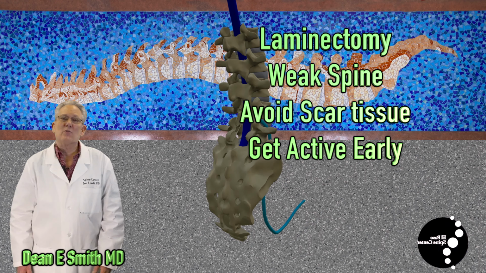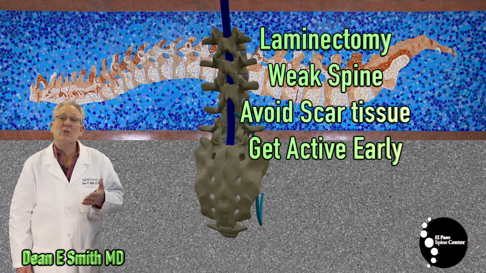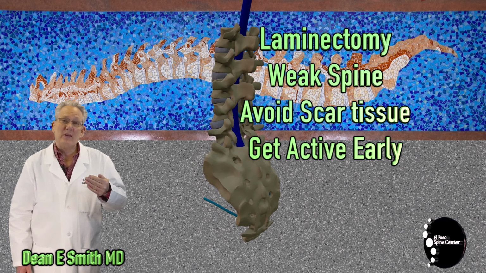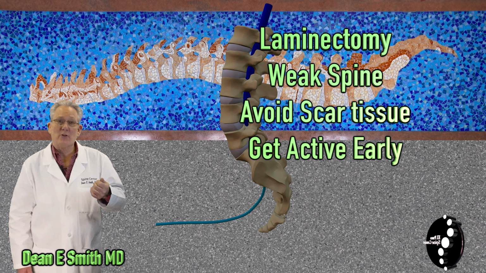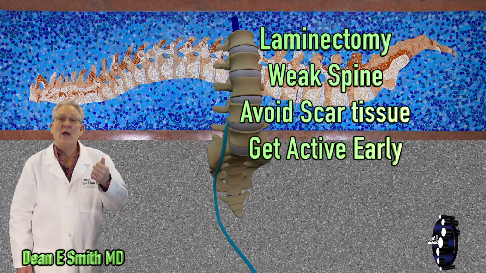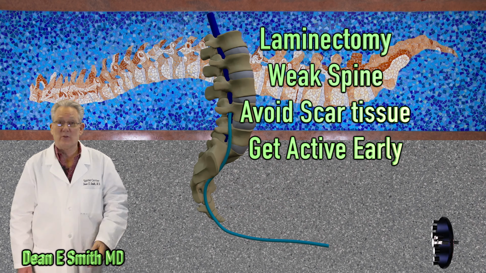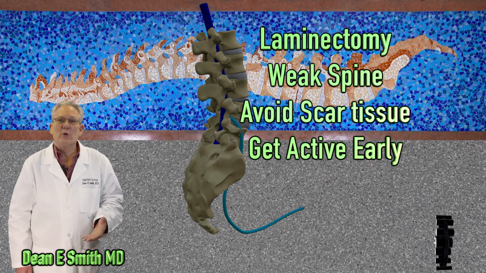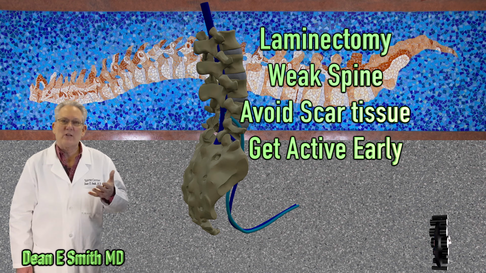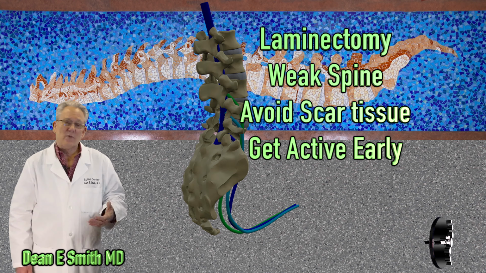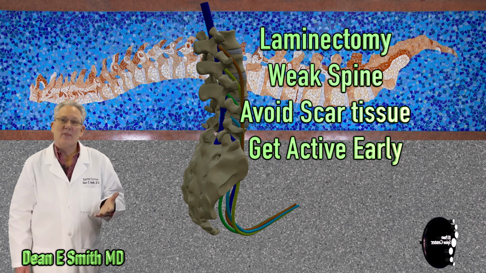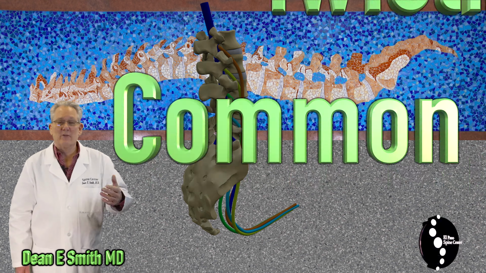Because of that, it is very important for these patients to get active as quickly as possible to avoid the defect being filled with scar tissue, and we especially don't want to see the nerve roots and the spinal cord enveloped in scar tissue. The more you do, the quicker you do it, the better you do. With the exception, we don't want to see you lifting heavy weights for at least the first 6 to 8 weeks. Typically, I will tell patients nothing heavier than 1 or 2 gallons of milk.